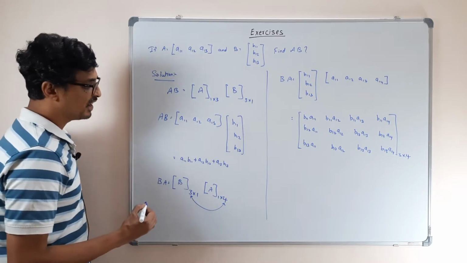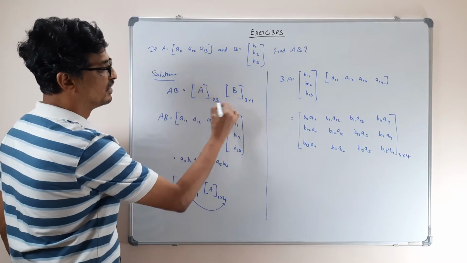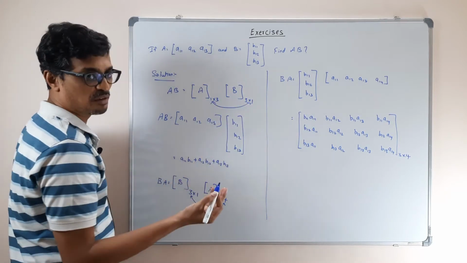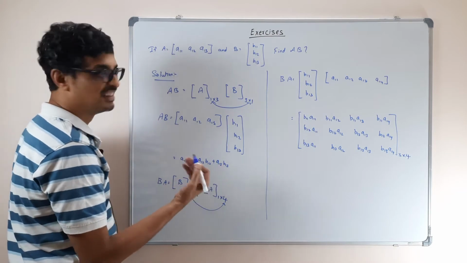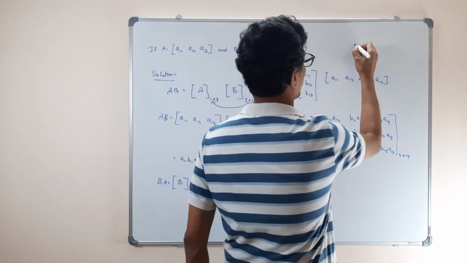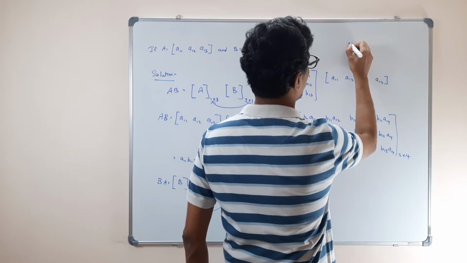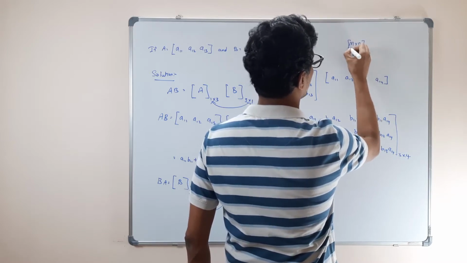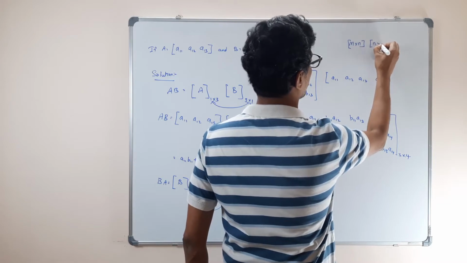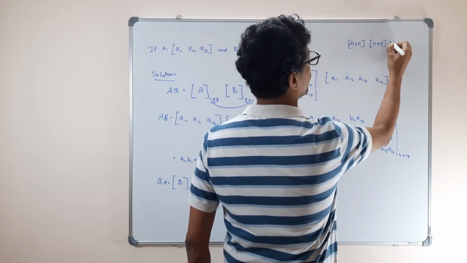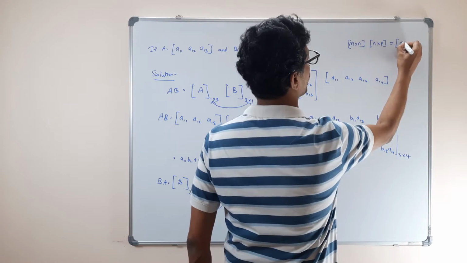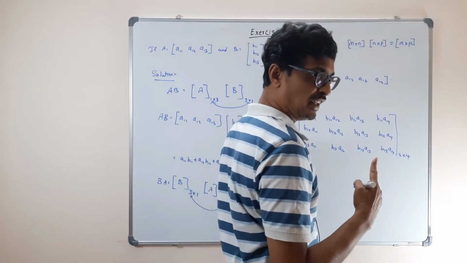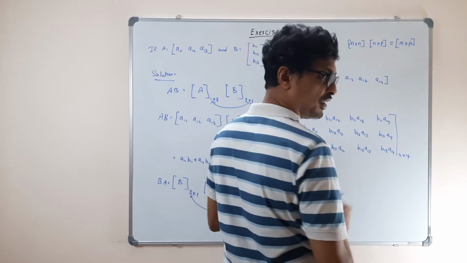Correct? Okay, and here you see, from here you can see what is this matrix we are getting? 1 by 1. That is just a number, correct? So that's what. So what happened? The idea is if you multiply M cross N matrix with N cross P matrix, what you will get is M cross P matrix. This we did, the property. Okay, so that's it, simple.